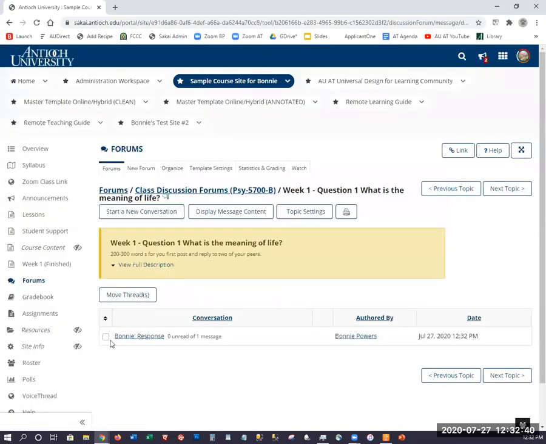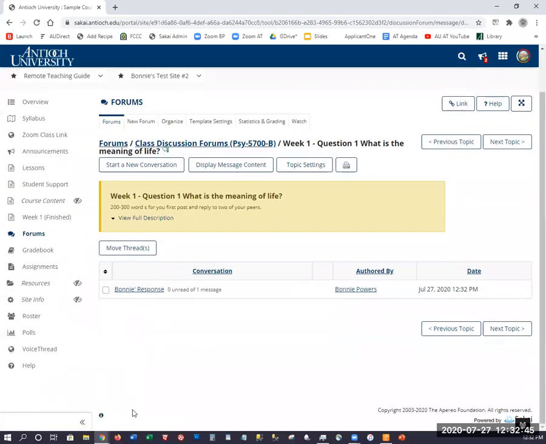Now, my response is listed here, and then each student would have their initial post listed here. If you then wanted other people to reply to me, they could read my post and reply to my post, and you would see everything from my response in one conversation and everything from each student's response in another one. So if you had 12 students, in theory, you'd have 12 conversations that each would have nested threads of a post and replies. If you only want to have 1, then you, the instructor, should start the conversation